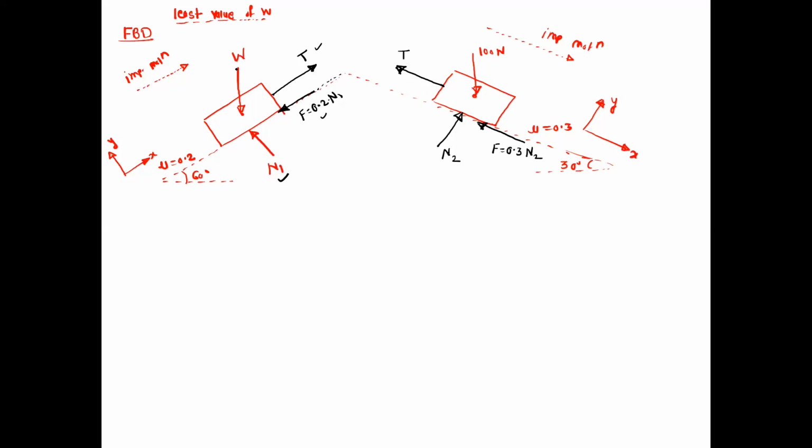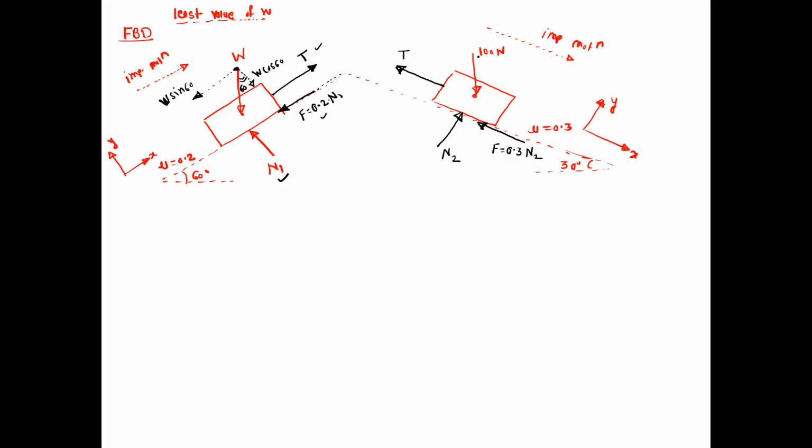So for that, this is the X component of W, which is parallel to the X axis or parallel to the plane. And this is the Y component. Okay. So from the given angle 60 degree, the angle of the Y component of the W will be 60 degree. Okay. So the X component will be W sin 60 and the Y component will be W cos 60.